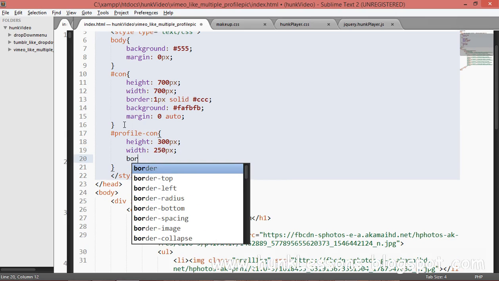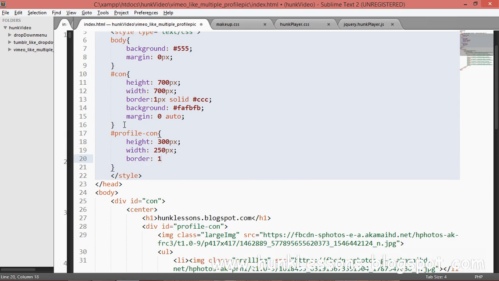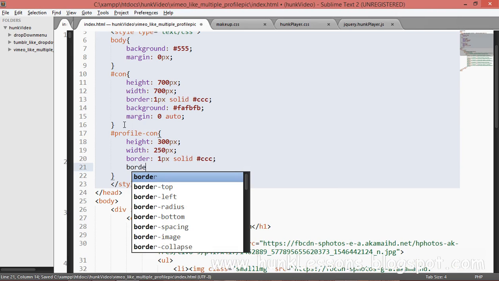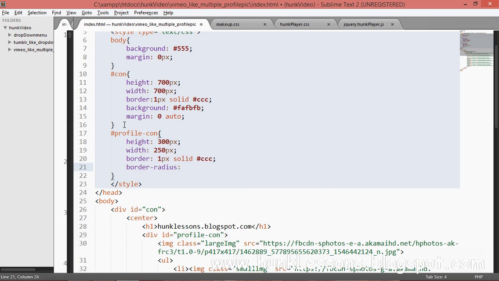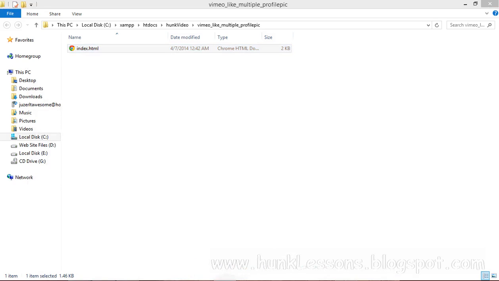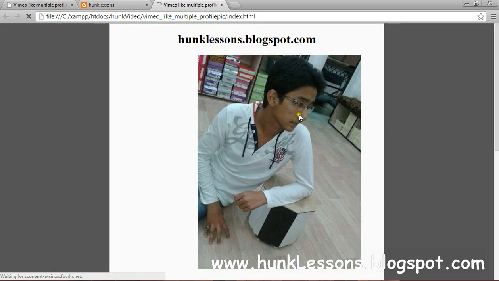Okay, and we will give a border of 1 pixel solid #ccc. It's a gray color, I love that color. Border radius will be 5 pixels. Okay, it will look something like that. Our image tags are right.